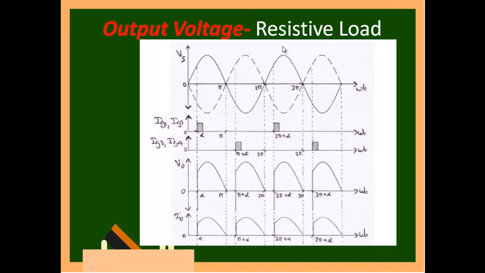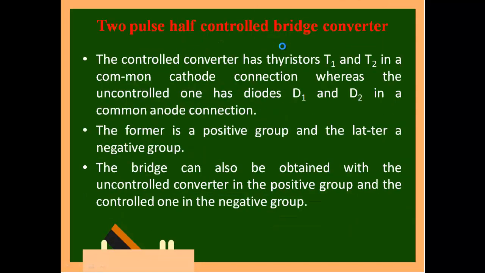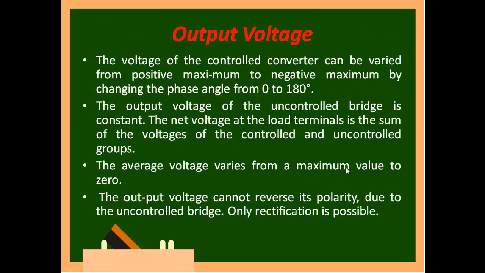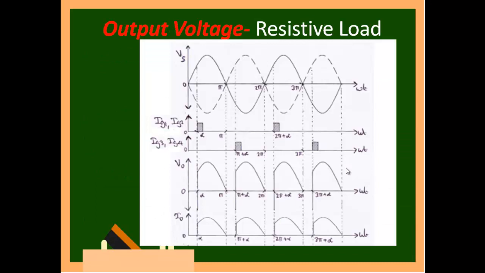with the resistive load. When you come back to the same diagram, see here the load is a motor, which will have its own inductance and resistance, and this is a filter inductance. Now when you put an inductor in your circuit, the behavior of the circuit will change. So we will first see what I get without the inductor. Without the inductor, this is your input sine waveform. Don't get confused with the dotted line. The dotted line is just for understanding.